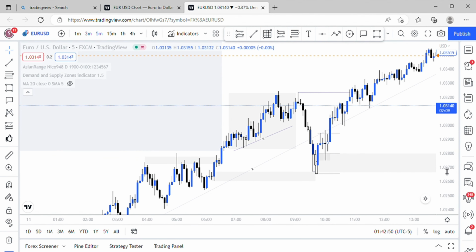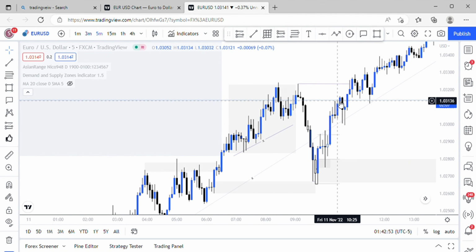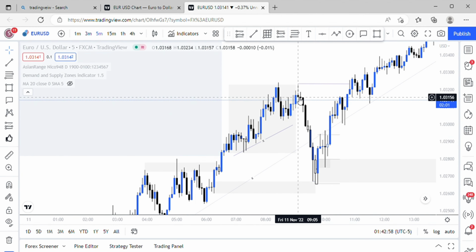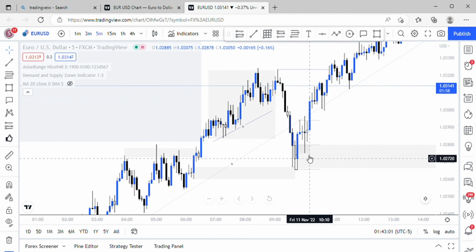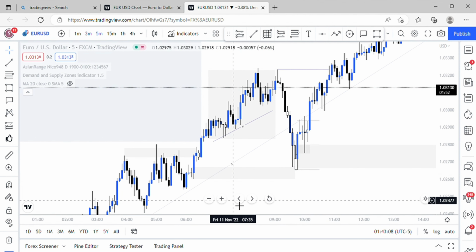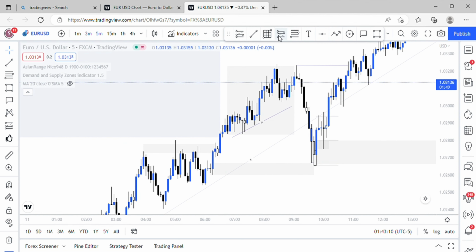So now the market is creating trendline liquidity. The market is engaging early buyers, then it swept the liquidity to the downside. Once the market taps our demand zone, and the most crucial thing,